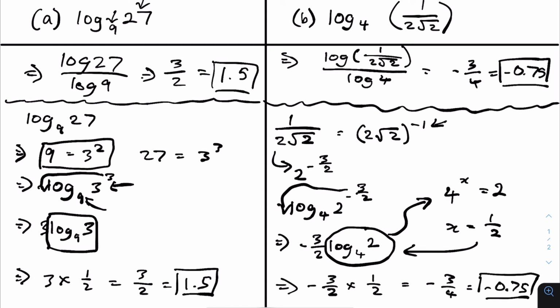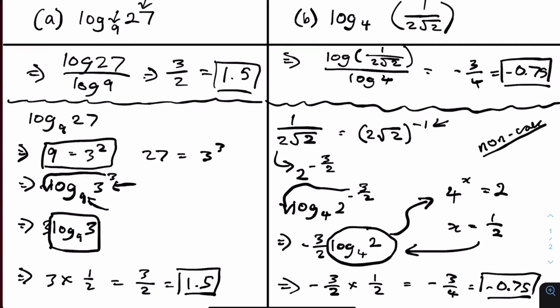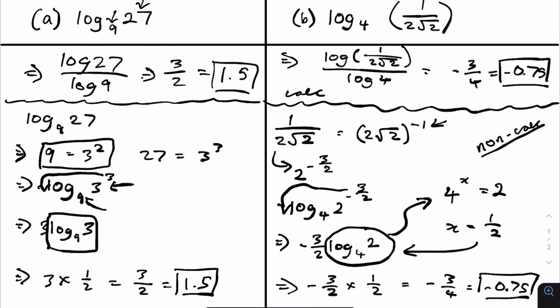So you can see that this is a non-calculator way, and this is a calculator method. Both of them are very helpful. If you have a calculator, definitely go with the above method, because it's foolproof and very efficient. But if you don't have a calculator, fear not. You've got this method and this method, which are both very helpful. And especially if you can tackle something like this, which is quite a complicated logarithm, you should be fine for